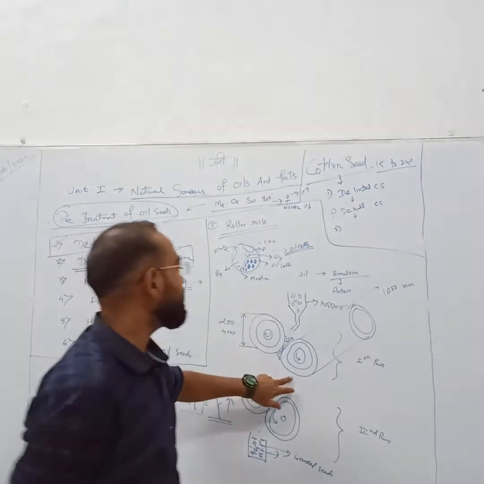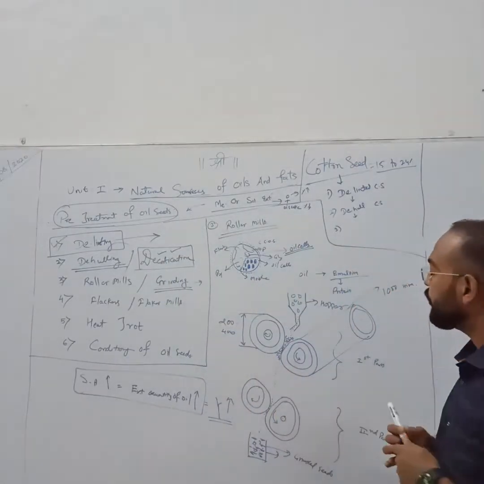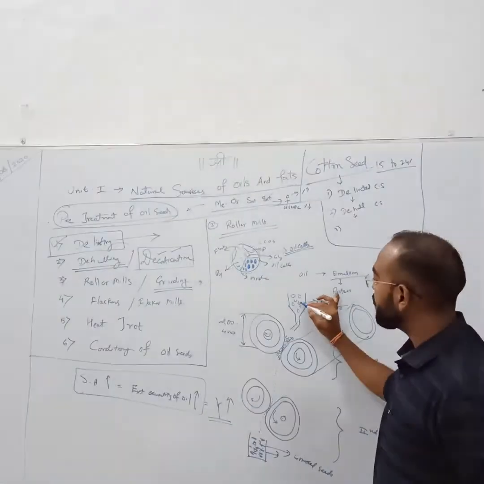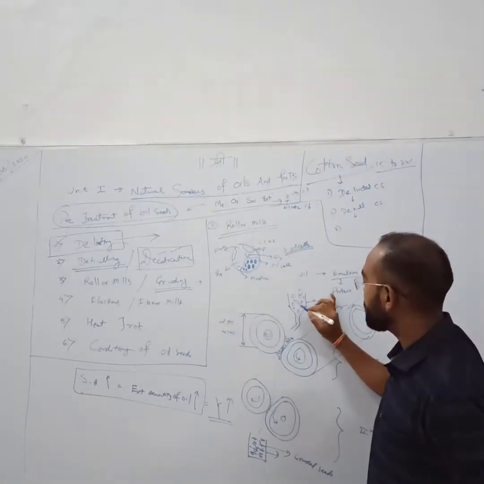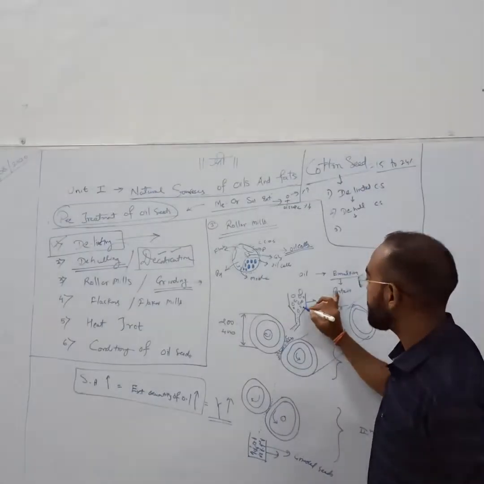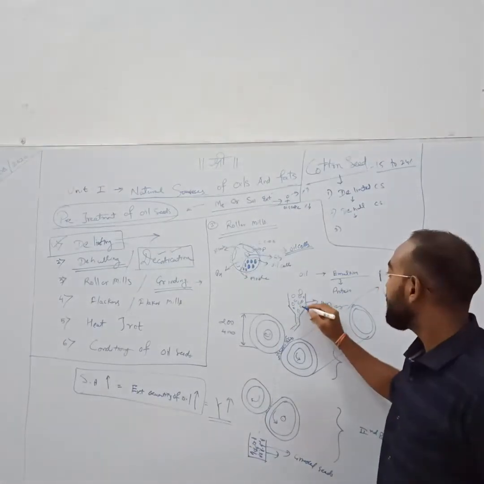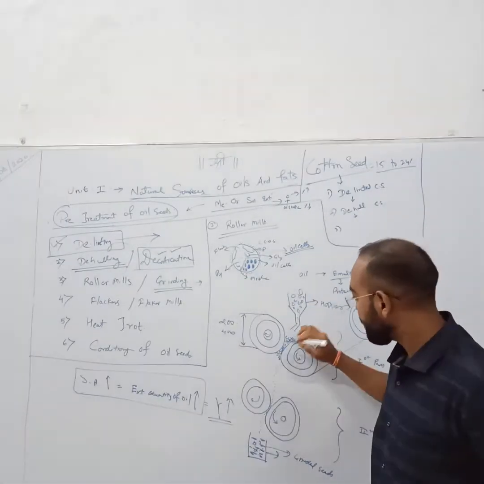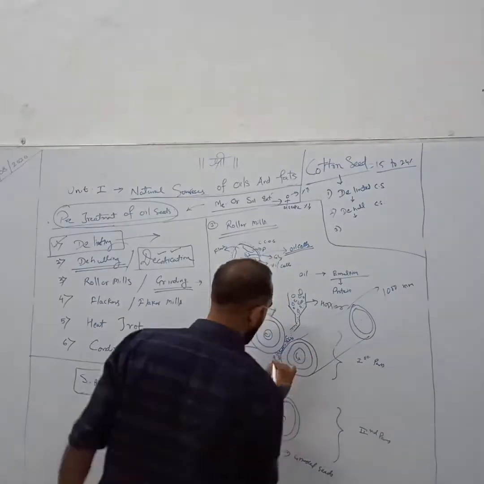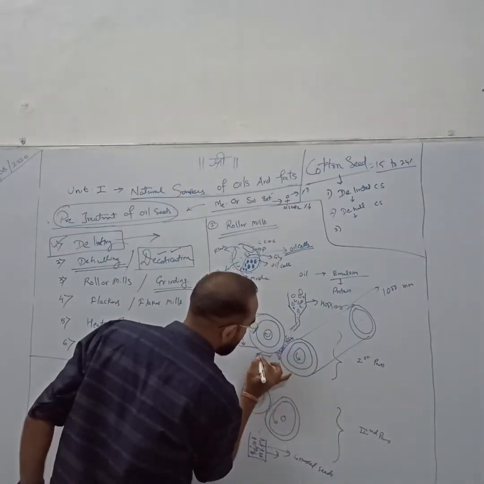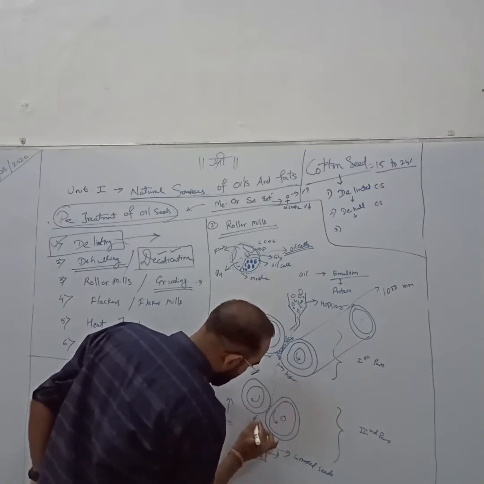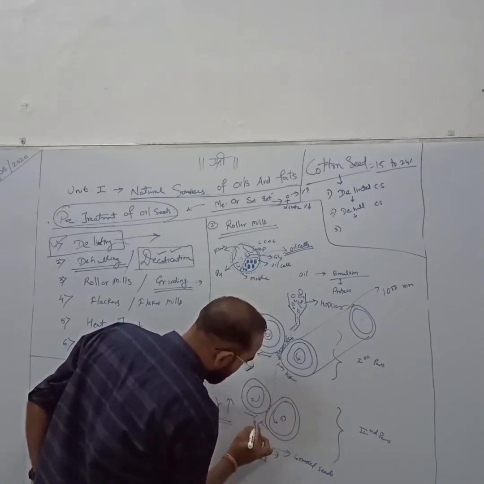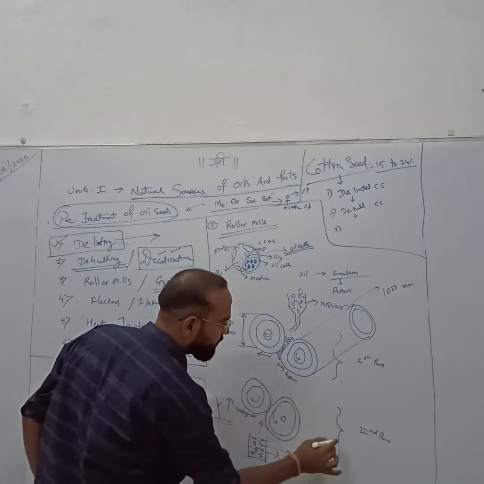Here the speed of rotation of this drum is not uniform because the size of your seeds is varying. Sometimes bigger, sometimes smaller, sometimes very small, sometimes some impurities come here. So the size is not uniform, and the difference between these two rollers is higher, and the difference between these two rollers is lower after the second pass.